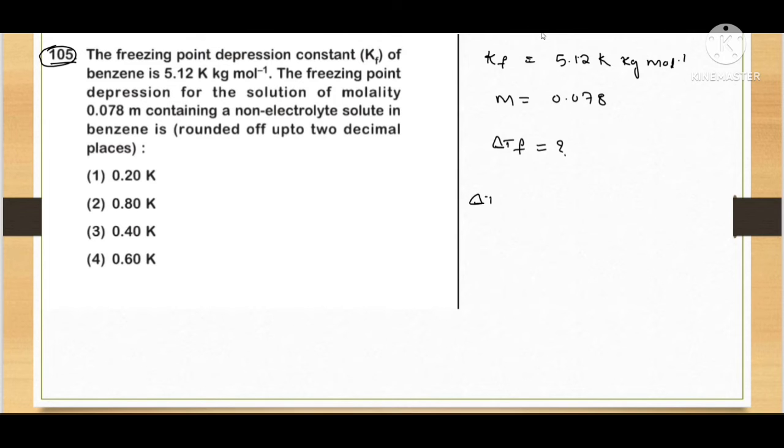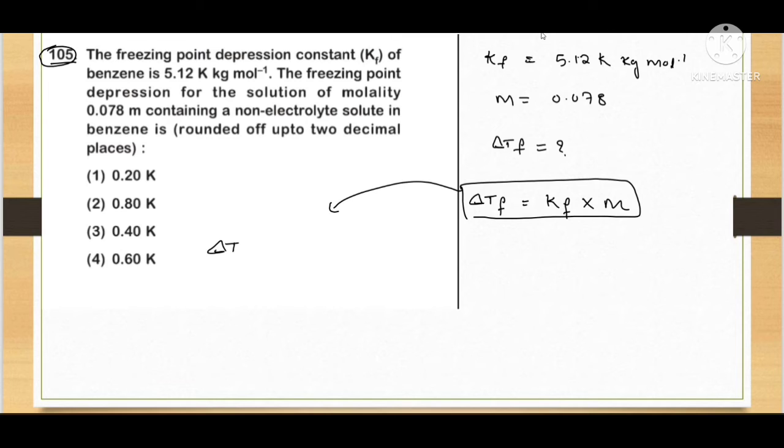We know the formula del Tf equal to Kf into m. Now substitute the above values in the given formula. You will get del Tf equal to Kf value constant, that means 5.12 kg mole inverse into molality 0.078. By multiplying 5.12 into 0.078, you will get